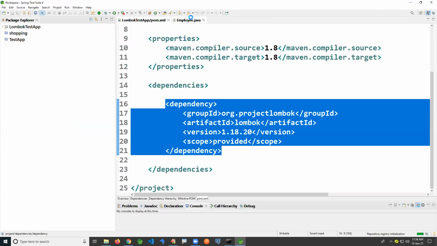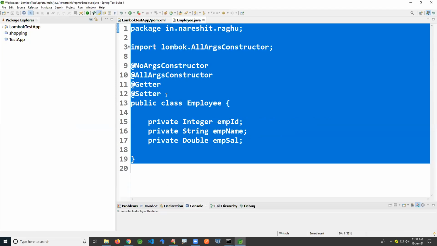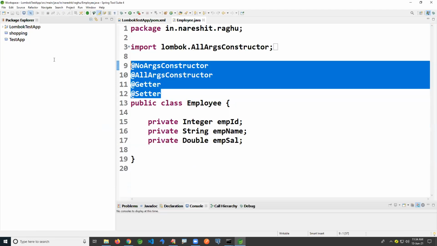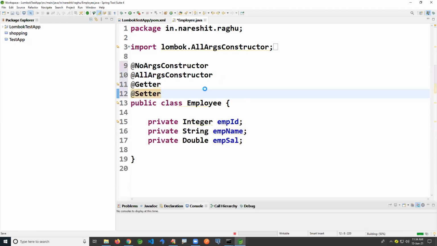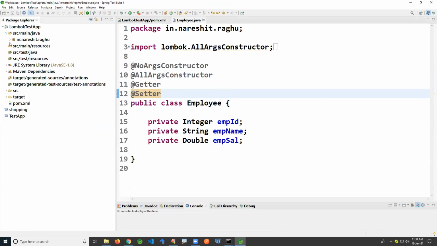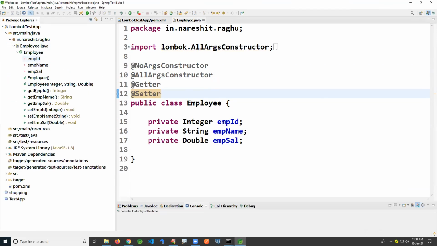Go to your employee class. You may not see proper output, so just remove these annotations, save it, and paste them again. Save it. Then you will see the effect in the output like this. This is the installation process.